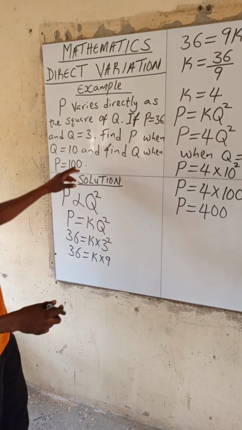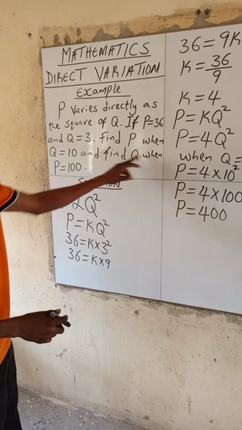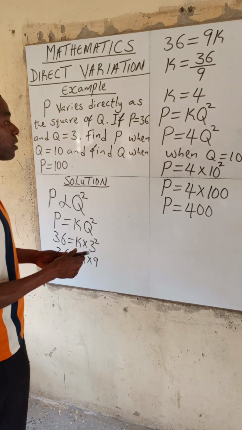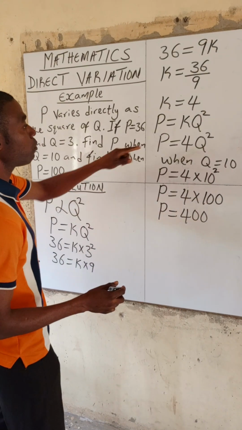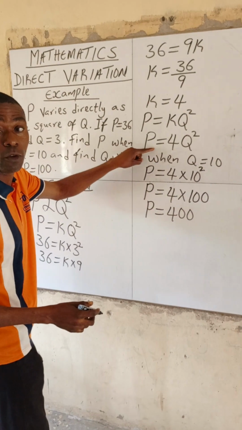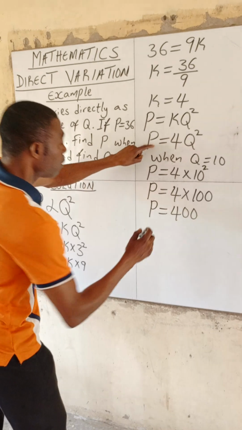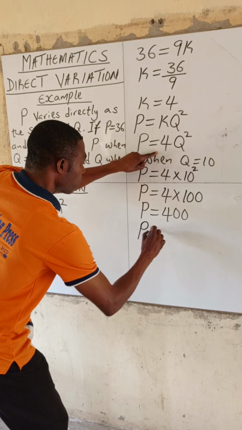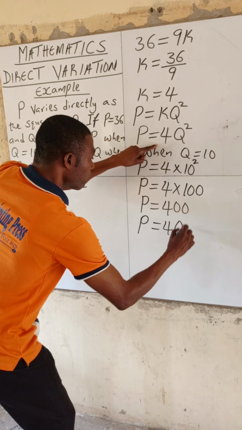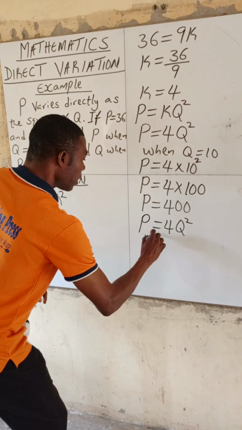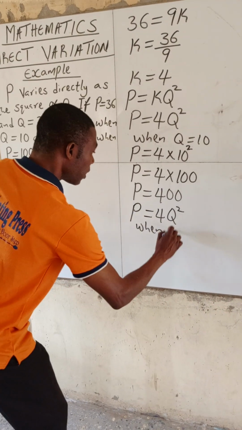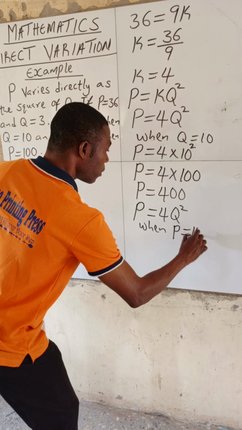Then the next one says, find Q when P equals 100. In such case, we come back to the relationship. Any question we are solving, we'll start from the relationship. So from the relationship now, we have P equals 4Q squared. So when P equals 100 now,